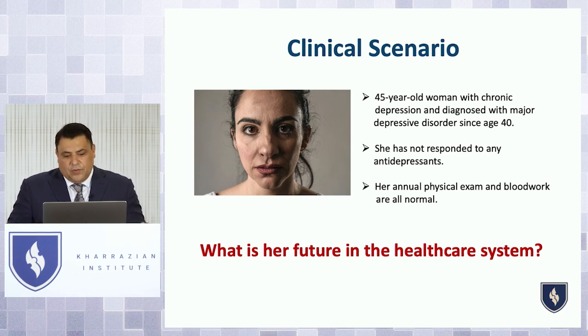Obviously at this point, she's gone through the whole list of medications. Maybe they're going to do electroconvulsive therapy. Maybe they may try different strategies, but this is a common scenario that we all see. So the real question is, what's the biology behind a mood disorder? What are the different mechanisms that are taking place? And that's not what's happening. What's happening is people are going from diagnosis straight into treatment.